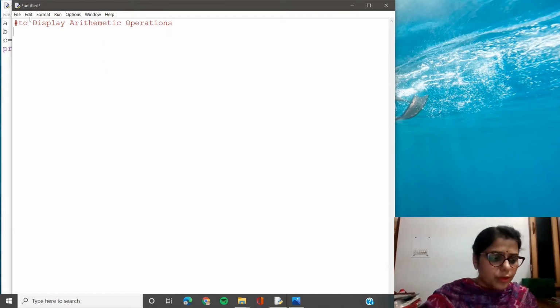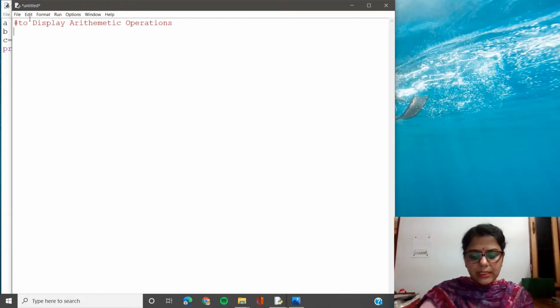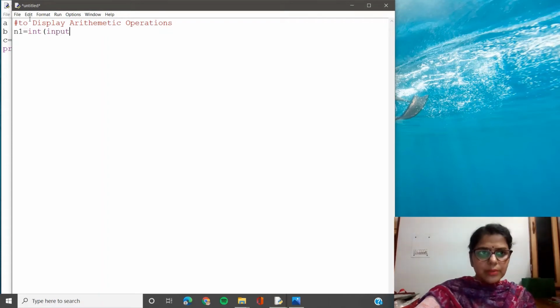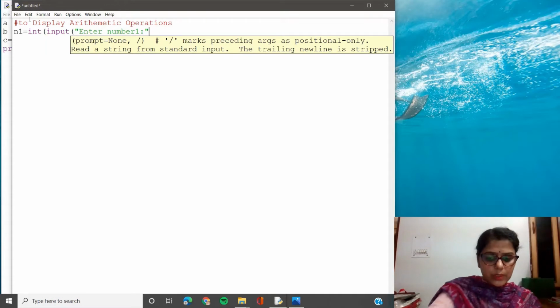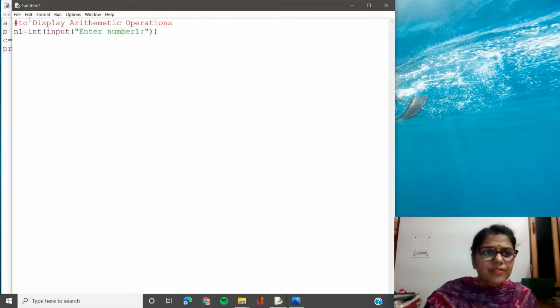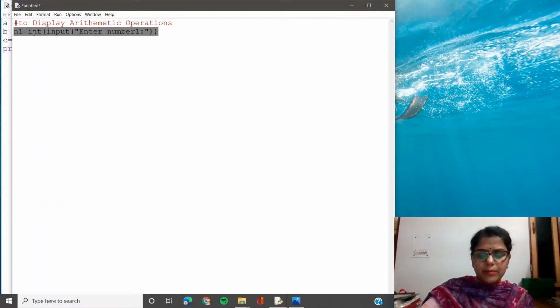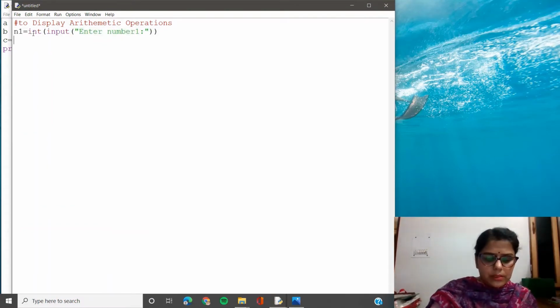So when I have to perform mathematical operations like addition, subtraction, multiply and divide, basically to perform these operations I need to input two numbers. So let us take these numbers as n1. I use the input function to take the number, but at the same time I need to convert the data being received from input into an integer form for the simplicity. You may take it float as well. So my first statement, n1 is my variable name equals int input enter number. Enter number is the prompt written inside the quotation marks.